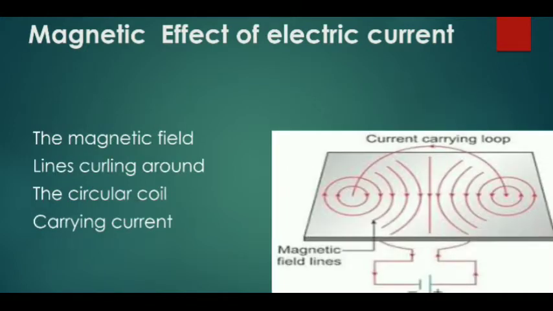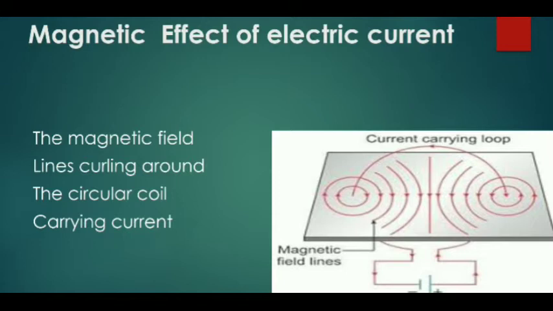Same time, see that this is a cardboard. In this cardboard I'm going to put two holes, and through the holes I'm connecting one copper coil. That is a loop, it is a coil. This coil is connected to a battery. One end is connected to the negative terminal of the battery, another end is connected to the positive terminal of the battery. When the current flows through the coil,